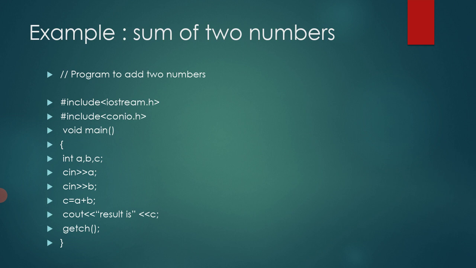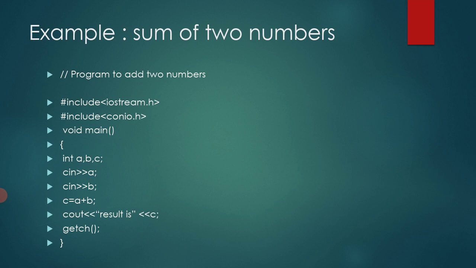Now I have taken an example of the sum of two numbers, how you have to perform the sum of two numbers, and if you want to add two numbers, what is the procedure that you have to follow while writing a program. So start with the very first line, #include iostream.h. Hash is a preprocessor, include is used to include the files, IO stands for input output, stream.h is a header file. Why are we using this header file? We are using this header file because we have to use input output functions.